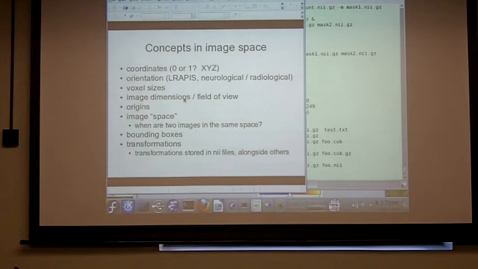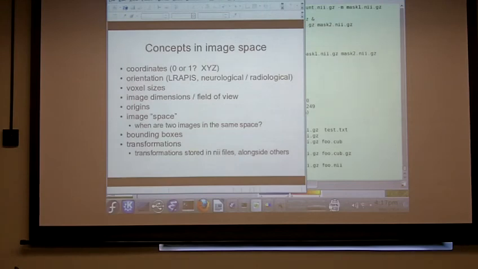I don't need to talk about image dimensions. We already talked about origins. Okay, so the next concept that I just want to explain, because it's going to come up a million times, is that of image space. I think the word space means a bunch of different things, but there's one particular meaning that I think is very helpful, which is